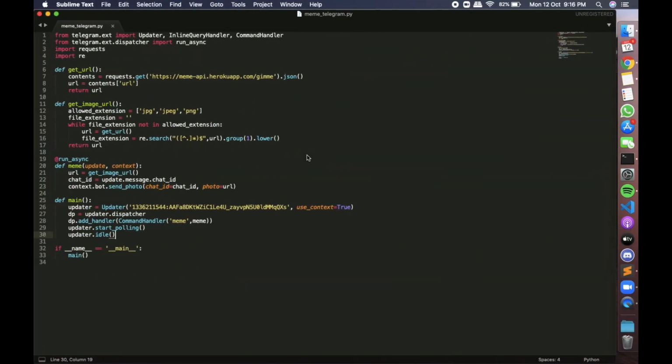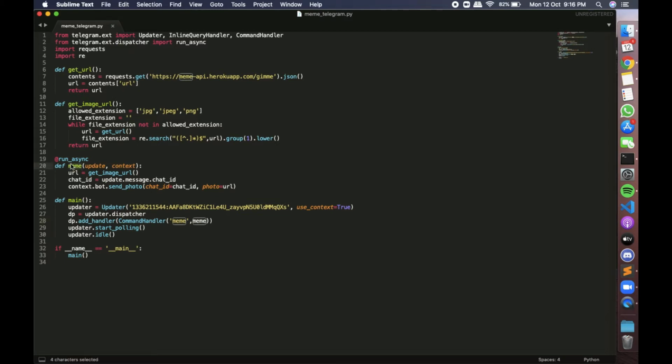So let's go. This is the simple code here. What it does is, first I have initialized the Telegram bot with the token ID that we got from the BotFather, the token ID of our bot. Then we have initialized the command handler with which command we need to send the meme. So every time I write meme in my chat, it will send me a new meme. Whenever I write meme, it will execute the function meme. So here is that function meme.